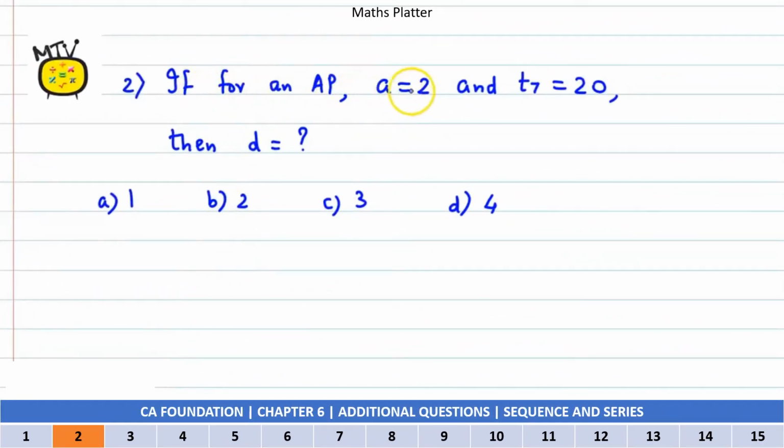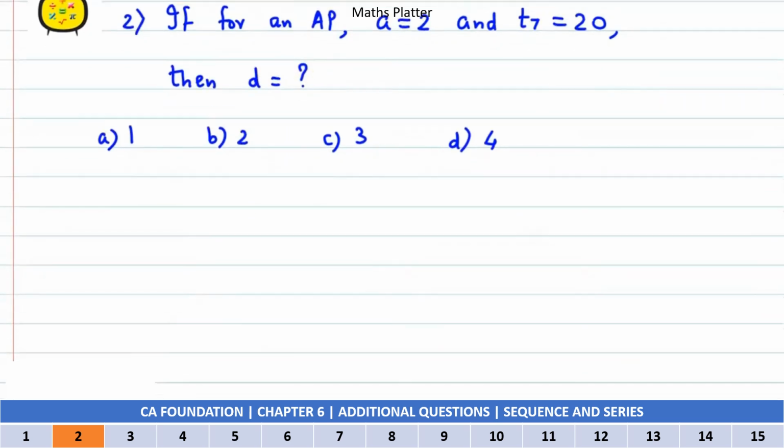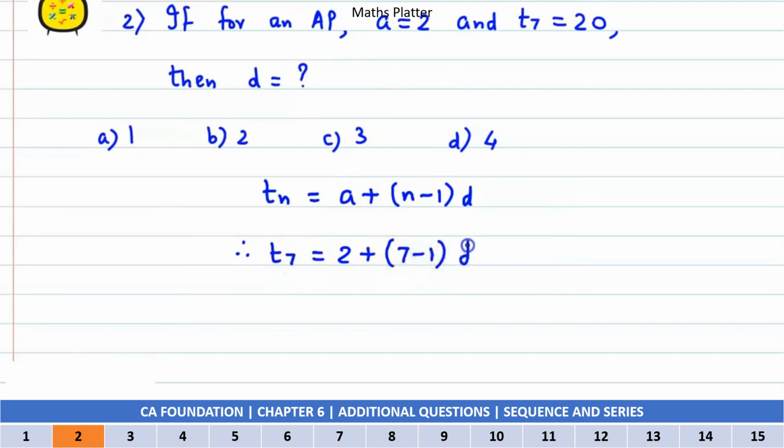If for an AP A is equal to 2 and T7 is 20, then D यानी कॉमन डिफरेंस इज हाउ मच? तो यहाँ पर फिर से हमें एरिथमेटिक प्रोग्रेशन दिया हुआ है, फर्स्ट टर्म है 2 एंड सेवेंथ टर्म है 20. Now we know that for an AP जनरल टर्म होता है यानी Tn is equal to A plus n minus 1 into D. हमें दिया है T7, so we could say T7 is equal to, अब A की वैल्यू है 2, so we have 2 plus n यानी Tn, n is 7, so 7 minus 1 into D,